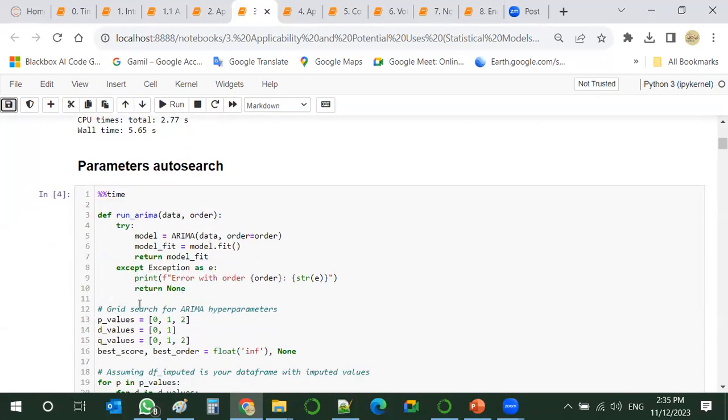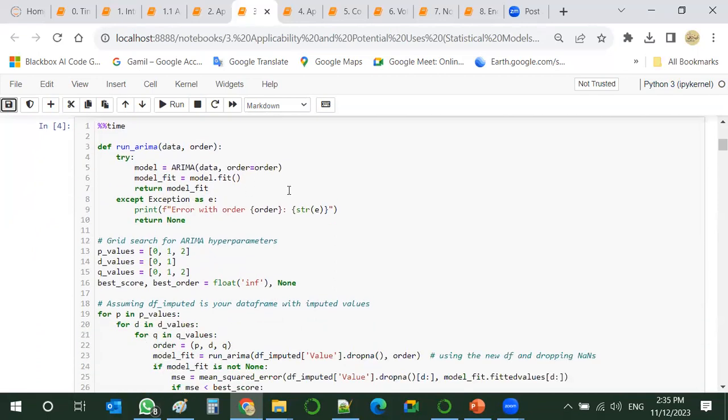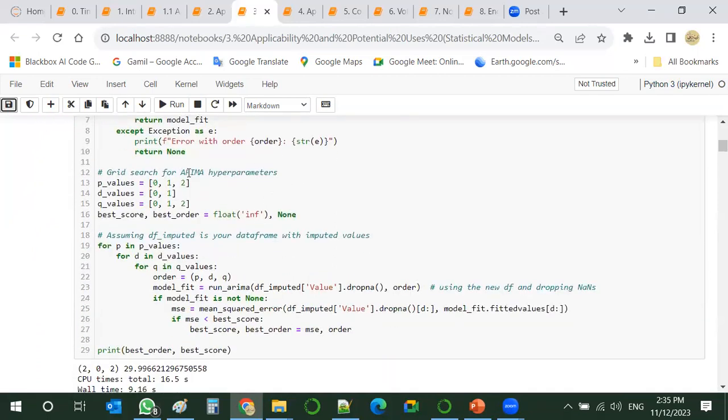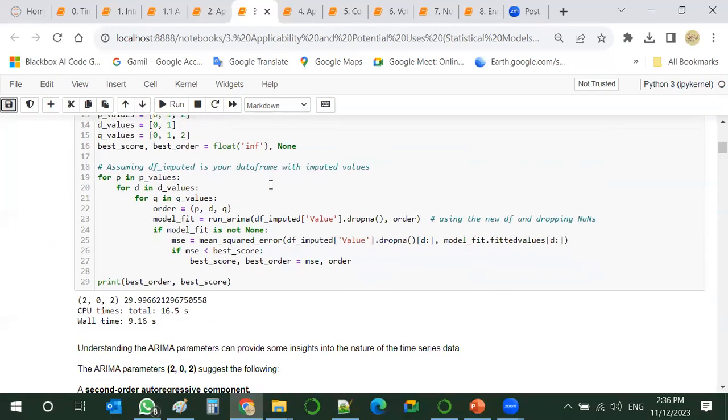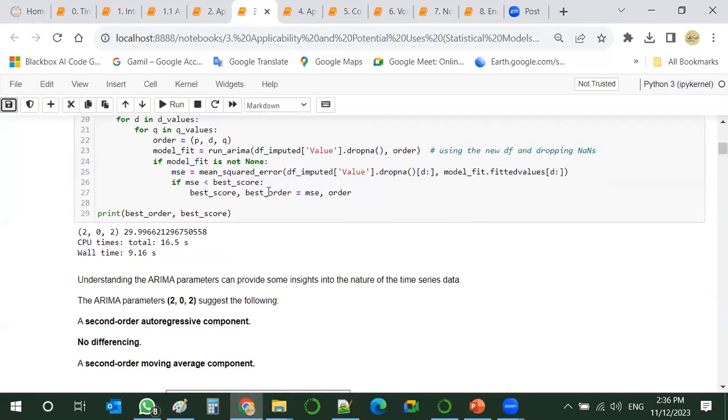So we just define this function and let it search within a set span of values for p, d, q, and we get the result.